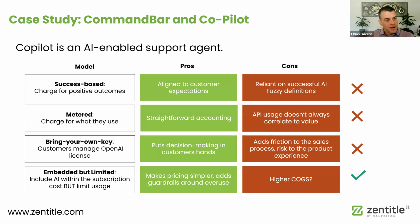So I like the idea of embedded but limited, but you really got to think about this, because I know there's different ways to handle overage, and I know that's something that the platform does, but man, I didn't cancel it, but now I got to stop, and the devs had to get involved. Everything just came to a halt in the middle of a work process. So, this embedded but limited has the pros, but